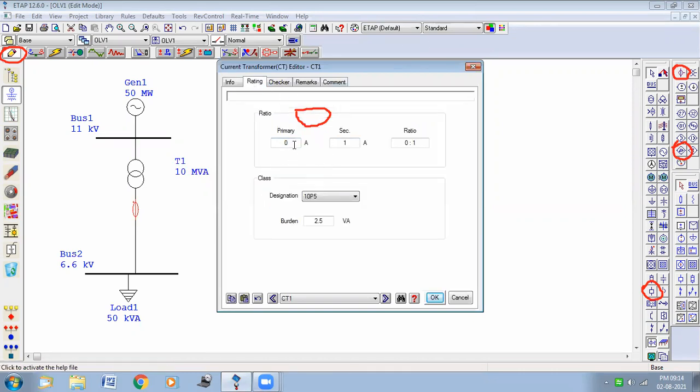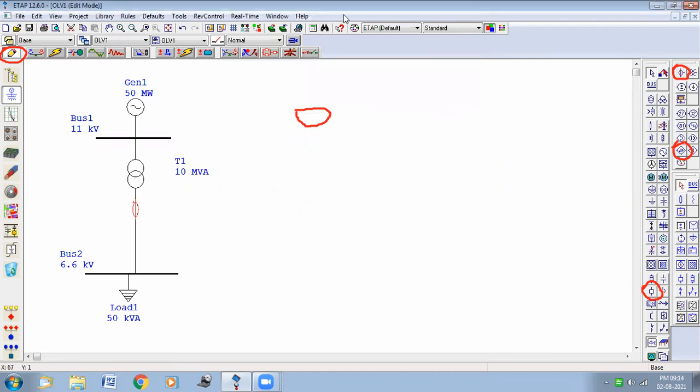Initially this value is 0, but you have to put 875 ampere as the primary current, and in the secondary I am taking 5 ampere, because generally we take 5 ampere for the protection case. So I am taking 5 ampere as the secondary current. So next we need a